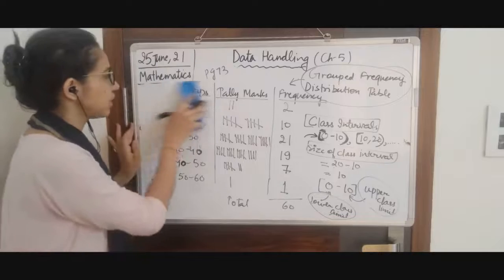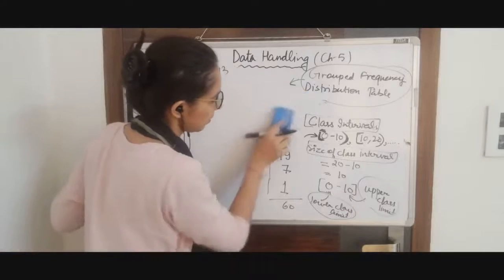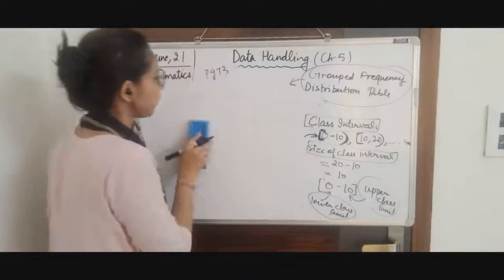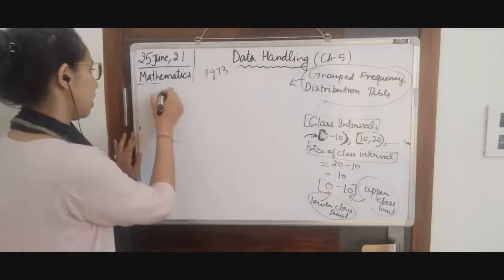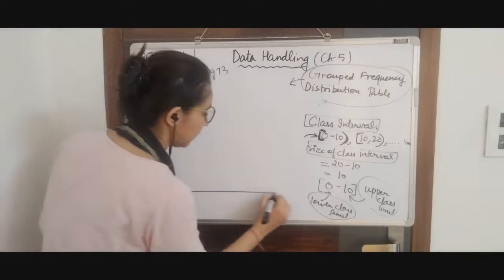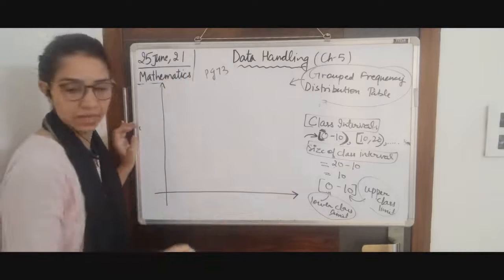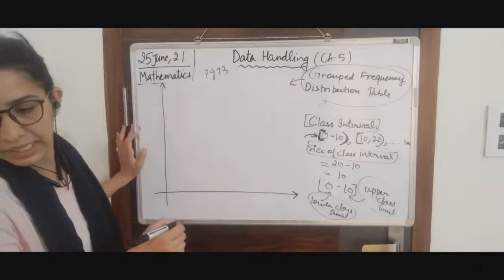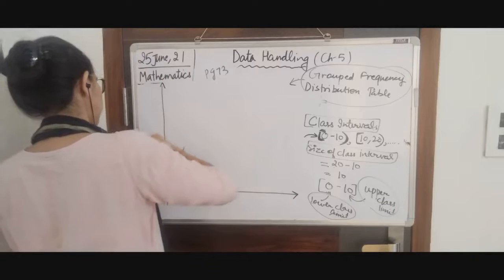So I will just be making the histogram and removing this data. Page number 73. In this, first we draw the x-axis and y-axis. This is our y-axis. This is our x-axis. I am going to write the labels later on. Then on the y-axis we are going to write the frequency of whatever